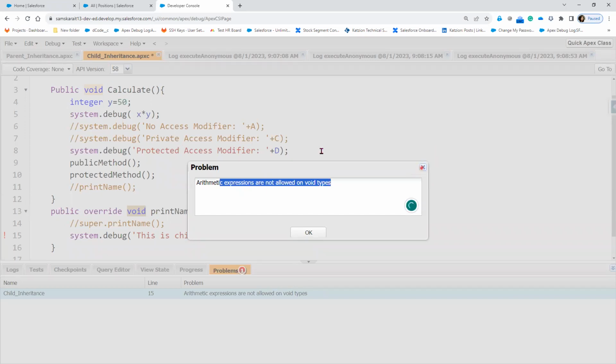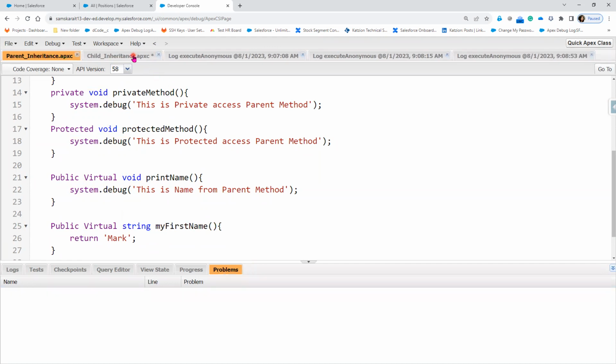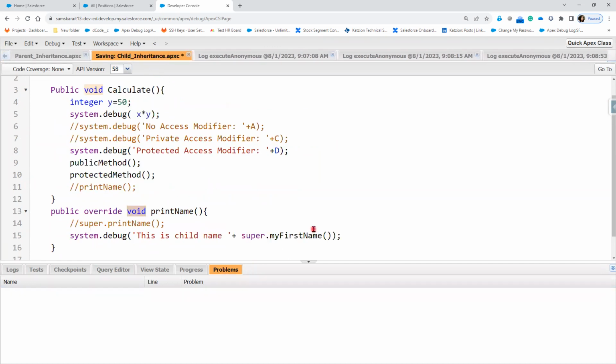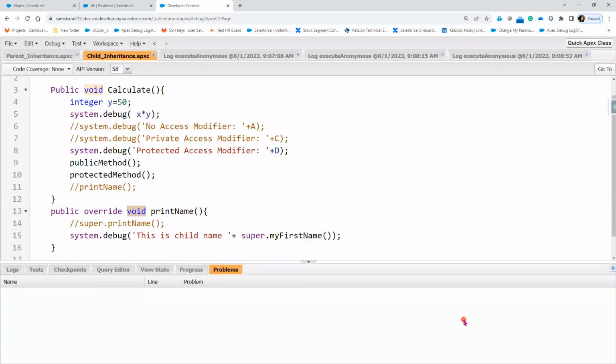Okay, so let's say here I'm going to return string. Let's save this. Now save the child. If I try to execute this,